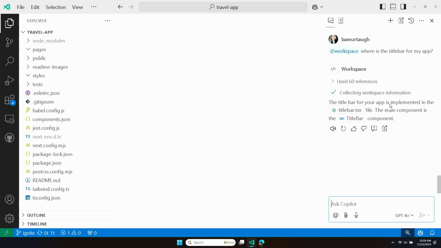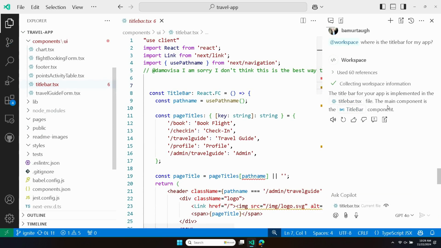Cool. So looks like Copilot got it a little bit more specifically this time since I gave it that context. And it says, hey, the title bar for your app is implemented in titlebar.tsx. And this is actually a clickable component, and so I can get right there. I don't have to go search for it in my editor. And then it even allows me to click on different components to get even more quickly to where I want to work. I can also see in this file, Damien's left us a comment there, so we can see this is really an app that Damien gave me and has been working on.